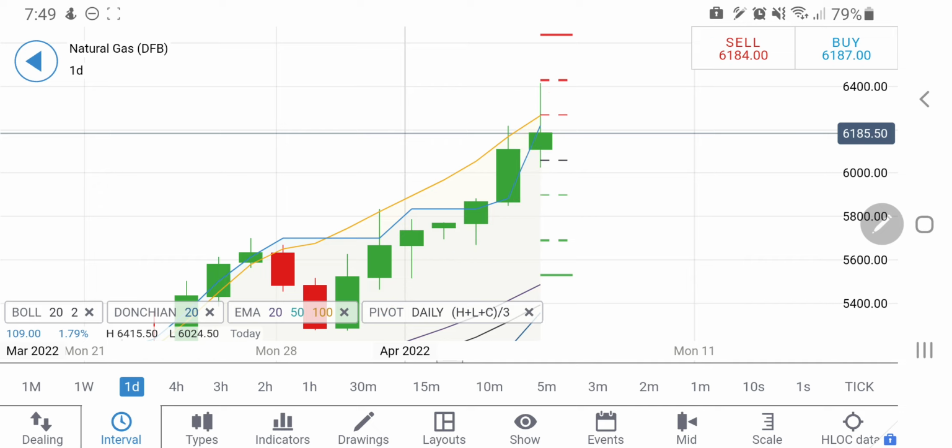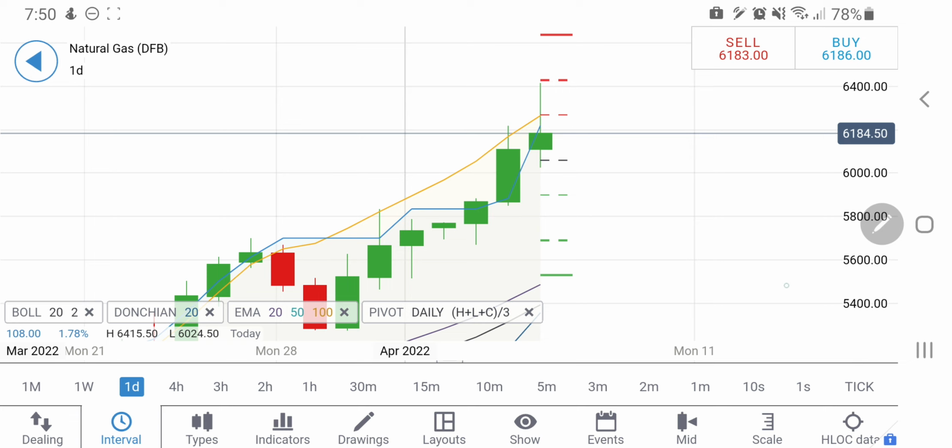So take your positions accordingly. Only long entry is above 6.28. Beyond that, you can expect a rise there, and only short entry is below 6.05, where you can expect a sharp drop towards $5.9 levels. I will say 6.1. So below 6.1, you can go short for 6.05 and 5.9. Above 6.28, you can expect it to hit 6.4 and $6.5 levels. So take your positions accordingly.